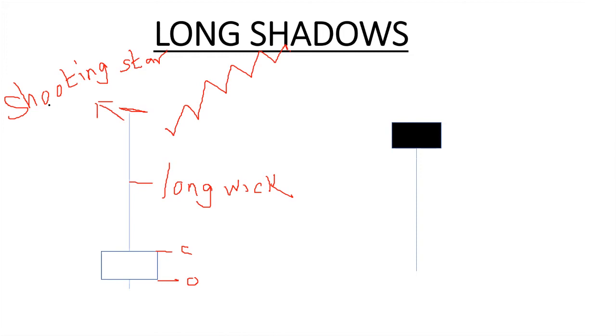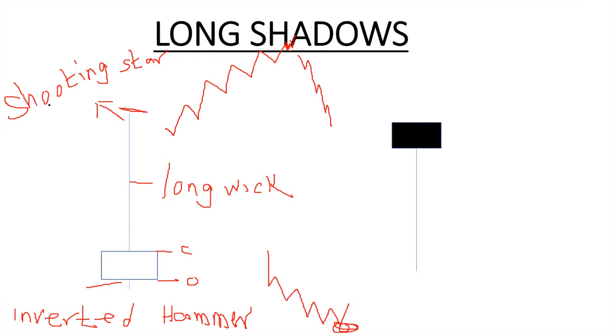So anytime you spot a shooting star at the top of the market, it is an indication that price will go downward, because looking at the pattern, sell orders were in control here. So price will come down. It is always located at the top. And this other pattern is called the inverted hammer. The inverted hammer is always located at the demand zone. So anytime you see the inverted hammer, know that price will reverse upward.